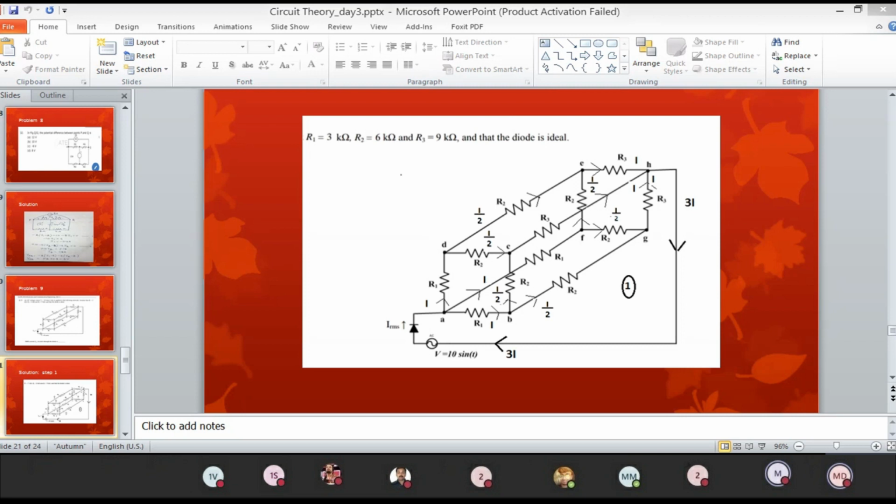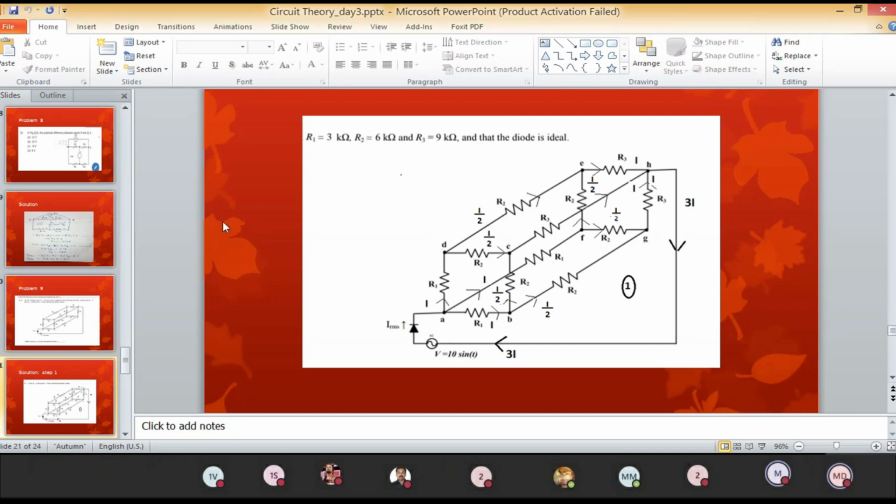So current entering a node is equal to current leaving the node. Which is the entering node? A. Which is the leaving node? H. 3I equals 3I. We have only one loop, which is perfectly satisfied. So we are going to apply Kirchhoff's voltage law for loop 1 only. Even though the question seems a little fuzzy, and you may think all the resistors are different, no, at the entering point you have the same path.